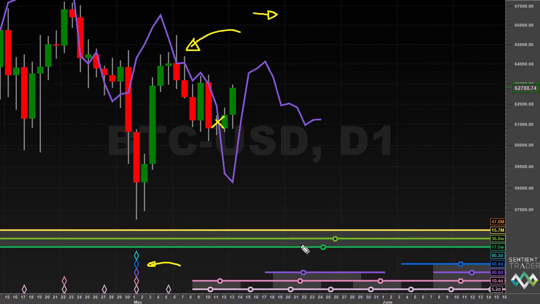So we need to stay alert to that and track the way in which price interacts with the 20-day FLD as it forms a potential 20-day cycle trough over here towards the end of this week or early next week, and then of course the 40-day cycle trough over here in June.